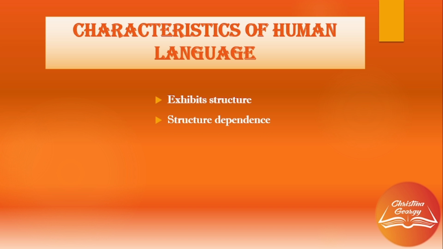Language is structure dependent. The message conveyed by a sentence depends on the way it is structured. For example, consider this sentence: Alan loves Alina. It could also be structured as Alina loves Alan. So the same words arranged in different ways convey different messages. Language changes constantly. Words and meanings may even vary from one generation to the other. Each language has its own aspects and features. Remember, no two languages are alike.